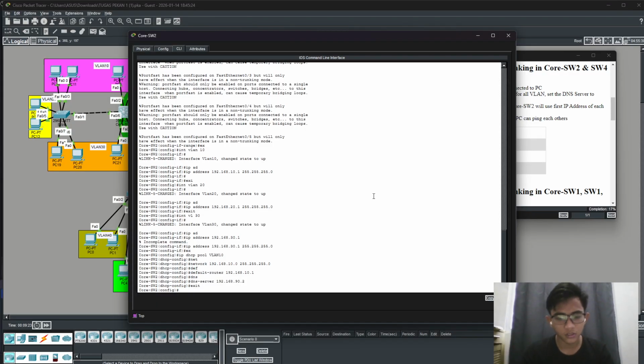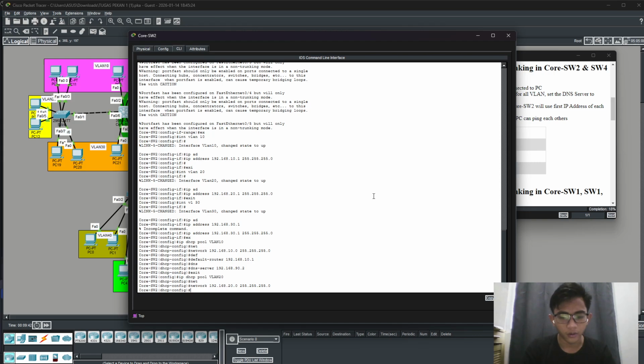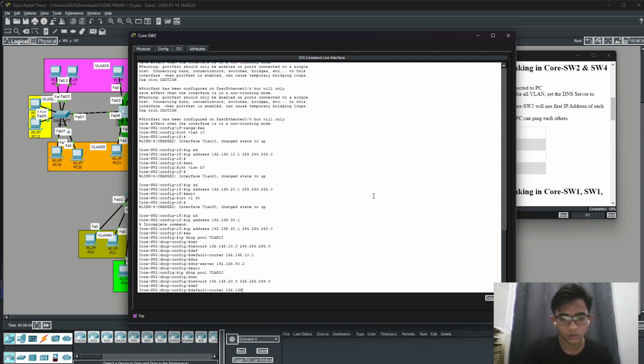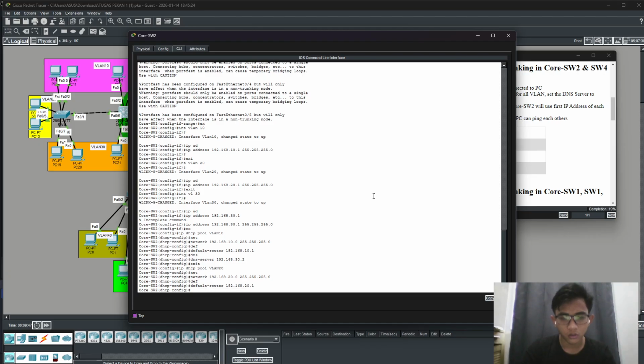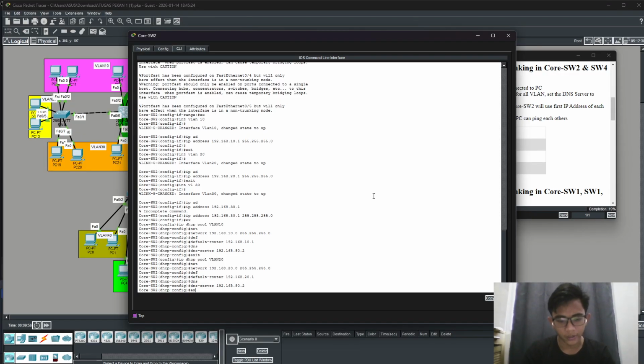Okay, exit. Now again, IP DHCP pool VLAN20, without spacing. The network is this. Okay, subnet mask, don't forget, and default router, DNS server. Okay, exit.